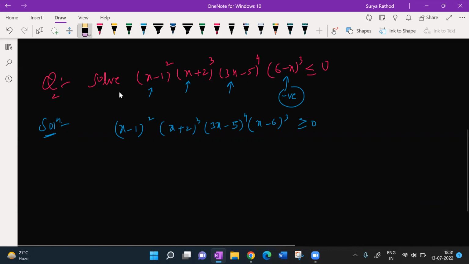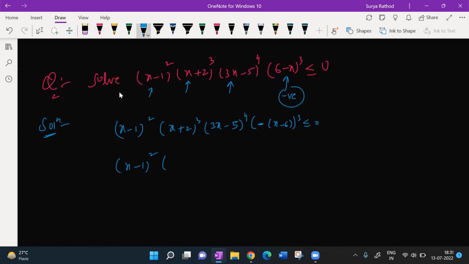How does the inequality change, sir? We didn't understand. Okay, look at it. If I take minus common here, what are you going to get? (x minus 6) whole cube less than or equal to 0. Here you have minus. To get rid of that minus, if I multiply with minus on both sides, the inequality changes. Suppose minus 5 is greater than minus 6. If I multiply with minus on both sides, what happens? The inequality changes. 5 is less than 6 or not? If you multiply with minus on both sides, the inequality changes. So that is how we change the inequality over here.